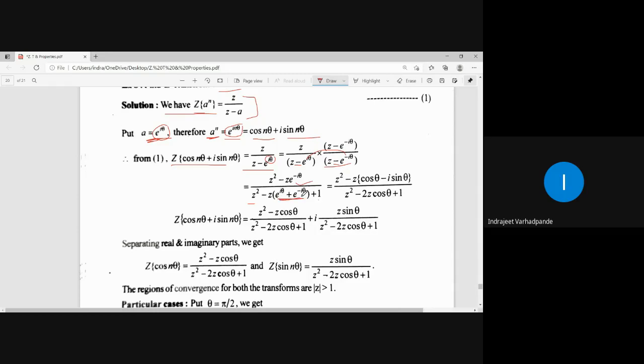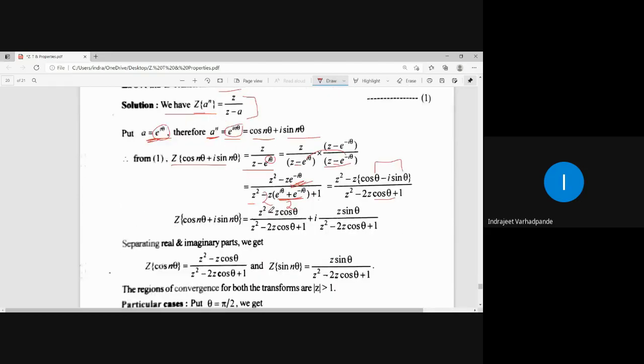But here this fulfils Euler's formula of the complex number. So multiply and divide by 2 there. So z square minus z in the numerator, e to the power minus i theta is cos theta minus i sin theta. If we put 2 below e to the power i theta plus e to the power minus i theta, then it becomes the definition of cos theta. So multiply and divide by 2.